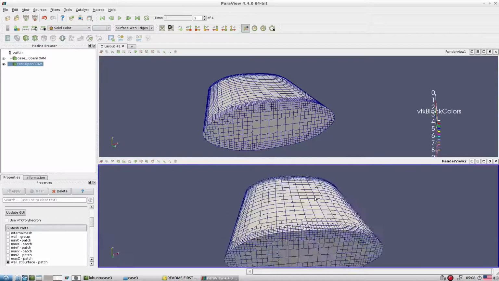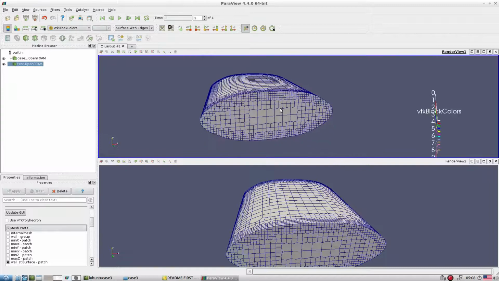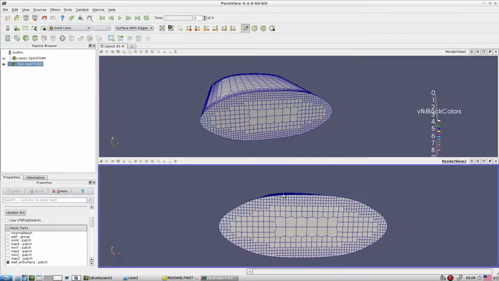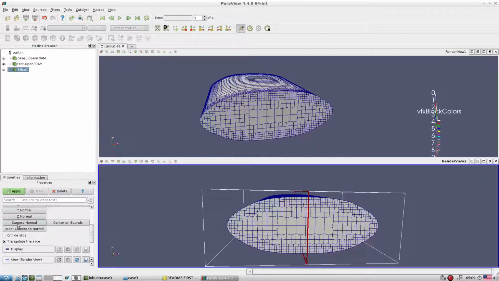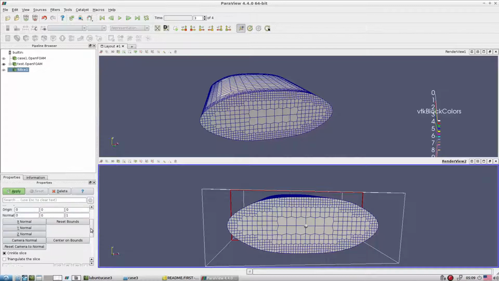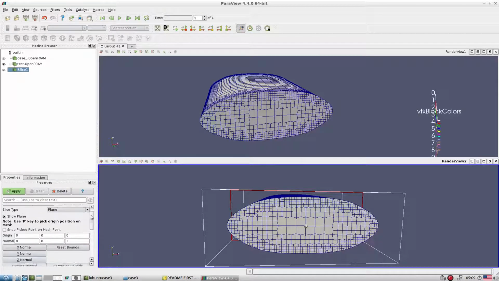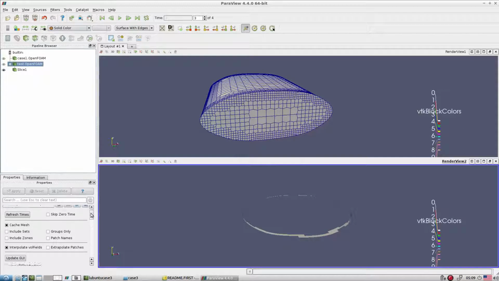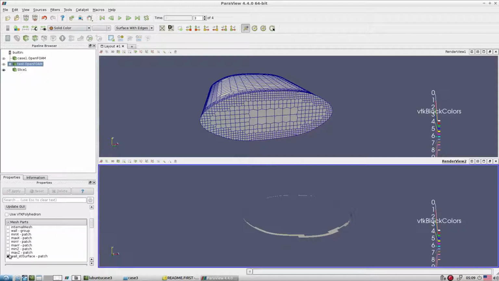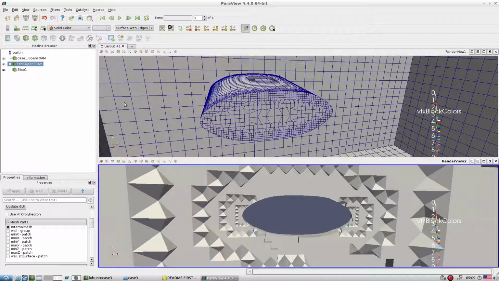Okay, but the idea is that we are able to capture it, but in this view we cannot distinguish whether there is a layer or not. Okay, for that let me cut the plane in the Z direction. Okay, so it gives us the idea exactly whether we have a layer mesh or not. Okay, sorry, because we only have the surface activated. So let me activate the internal part. With that you have an internal mesh here.